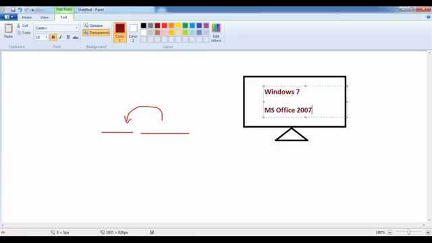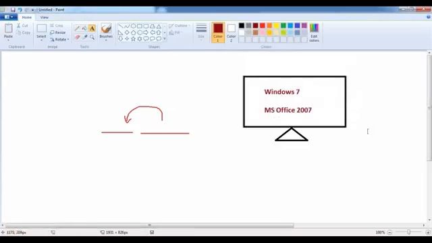They installed the MS Office 2007 version, because one year back that was the latest version available. For almost one year I've been using this software and it is working very fine. I have prepared so many documents and presentations, everything is working very fine, and I'm very happy with this.